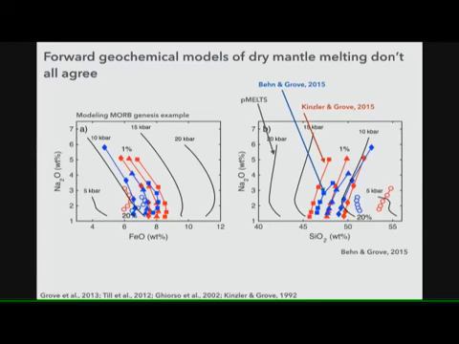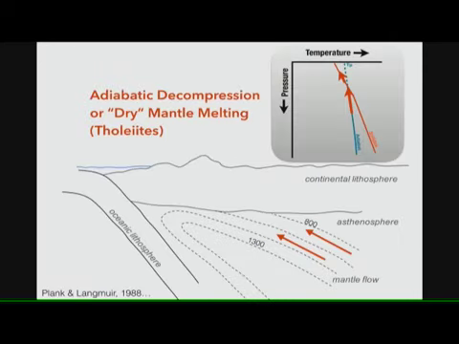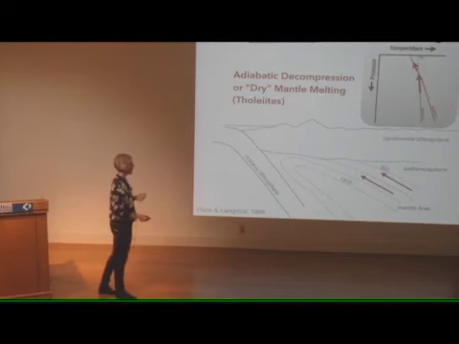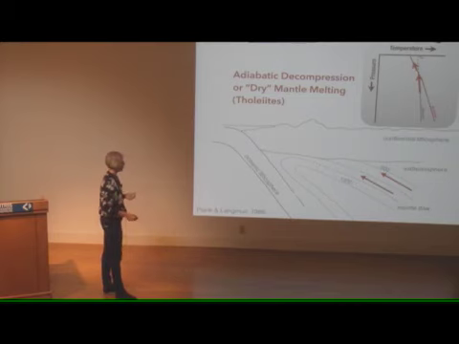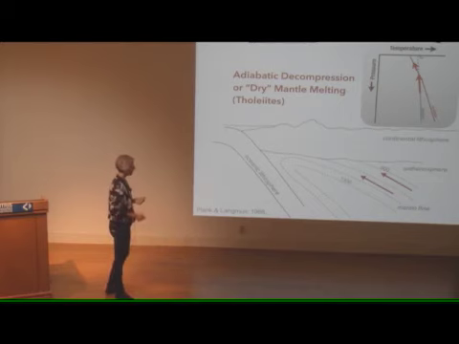That is one of the things that's crucial to being able to do something like this. So this is just a cartoon to re-emphasize that we do get a lot of dry melts in subduction zones, and that a large range of the primitive samples that I showed you can be generated through this, and we have pretty good models for it. I would say of the kinds of melting models that we have, we have the best models for this. And the place where we're most likely to see that dry melting is in the upwelling limb of the corner flow, where we're having quite a bit of decompression of relatively dry mantle before it comes into